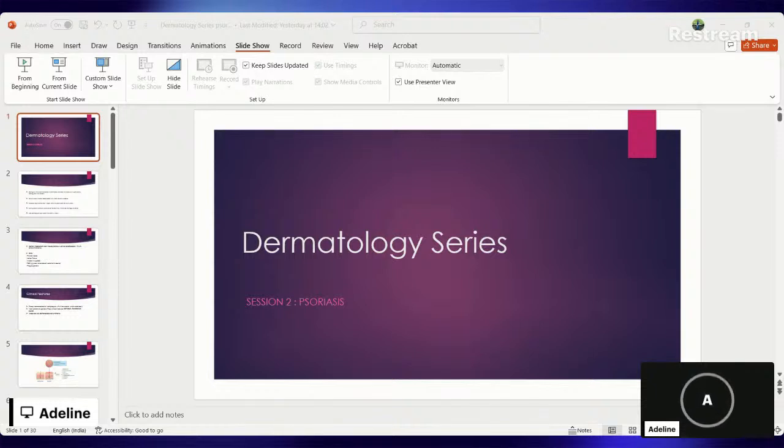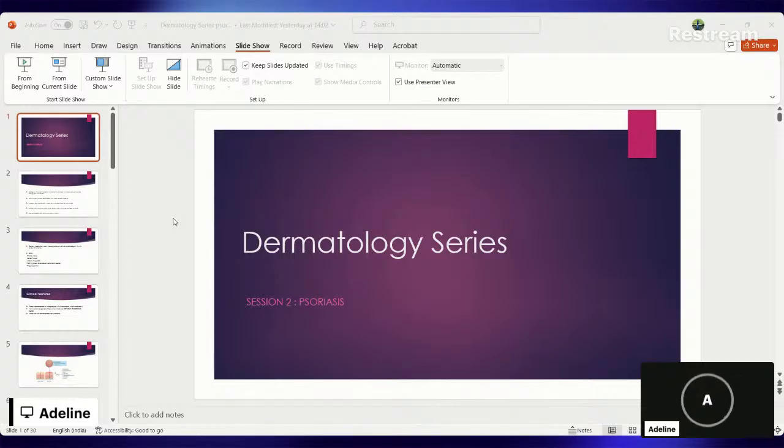Most often, it appears on the extensors, knees, and elbows, and it can also appear on the scalp, around the belly button, and lower back. So this is the picture of an individual with plaque psoriasis, which shows well demarcated symmetrical lesions, which are really thick and with silvery scales. The next one is guttate